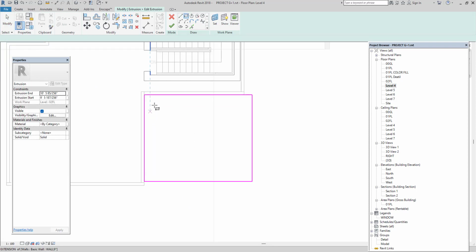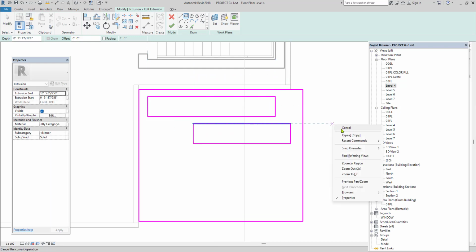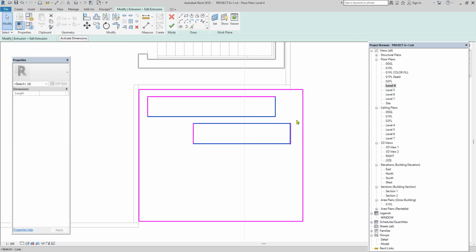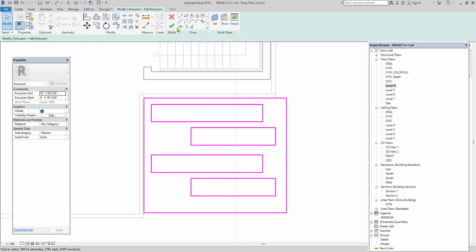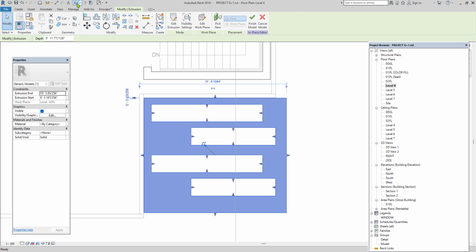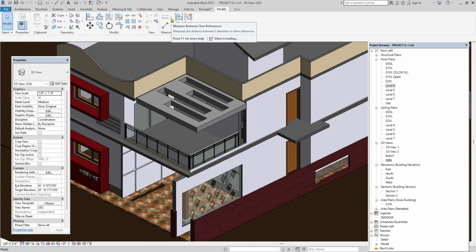Next, you can go with any other design, which one you want to. You can copy it. Make sure the design does not intersect with each other, and it should be in a closed loop. The same rule applies throughout Revit, and then finish it. Go to 3D. This is how we design the model.